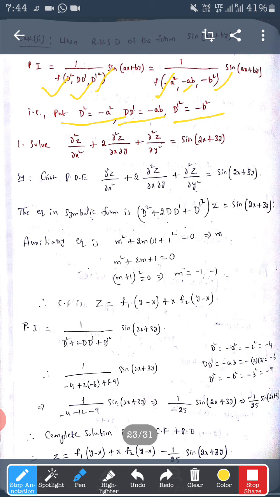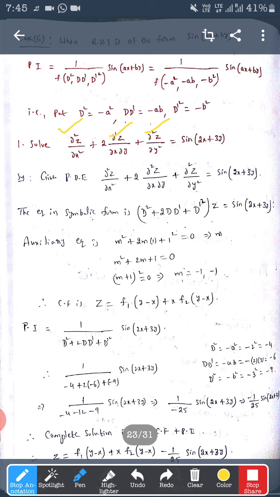Like that. So if we consider a typical example, first one, dou square z by dou x square plus 2 into dou square z by dou x dou y plus dou square z by dou y square equals sin of 2x plus 3y. If you observe the left hand side, here dou square z is there, here also dou square z, here also dou square z. That means same order. That is the most important thing we have to observe. Whenever a linear partial differential equation with constant coefficients is given, we have to observe on the left hand side whether the terms are of the same order or not. If it is the same order only, the procedure will apply.